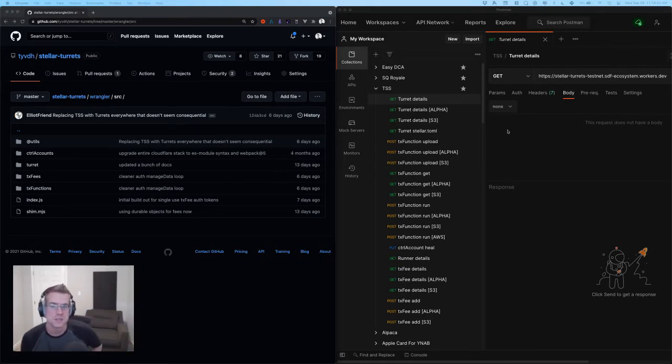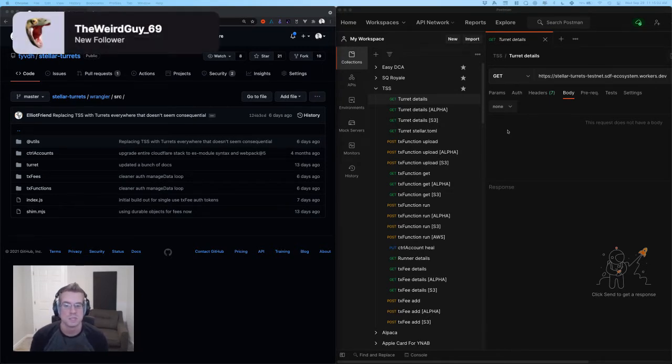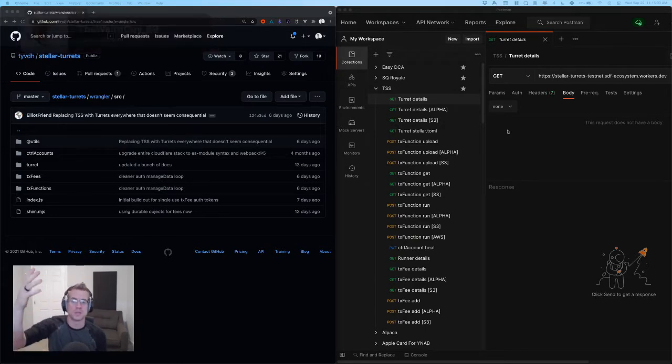The nice thing is that there isn't like a Stellar turret network that you upload contracts to. You get to decide what your decentralization model is through the multi-sig setup. When you upload a contract to a turret, it sends you back a signing key. You upload it to another, it sends you back a different signing key. You upload it to 5, you get 5 different signing keys, so that when you call the endpoint for the contract that you just uploaded, it'll give you an XDR and the signature for that XDR to actually get submitted